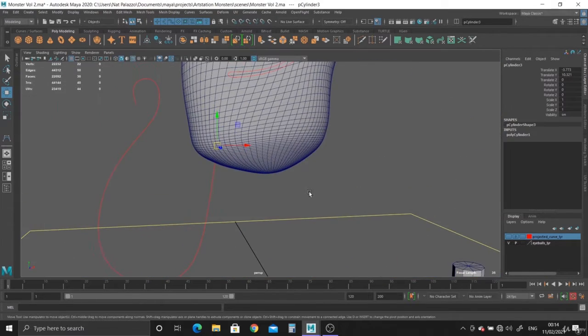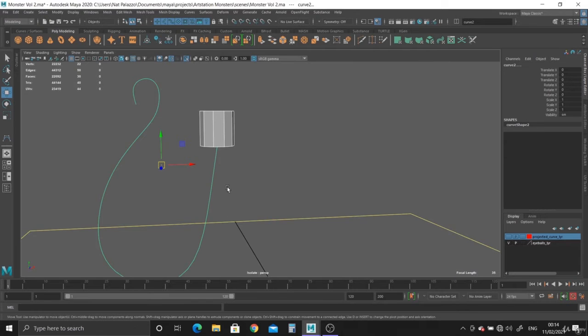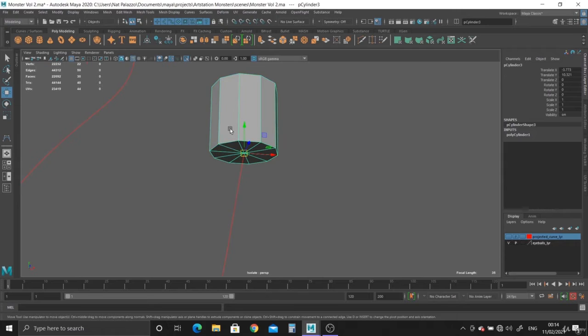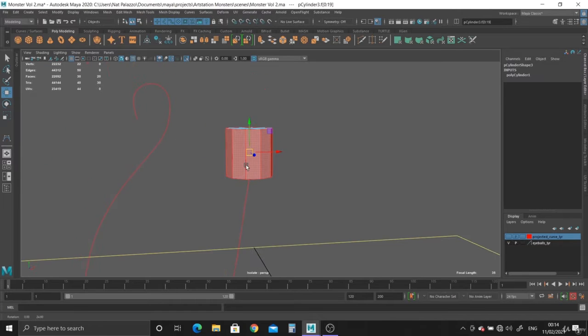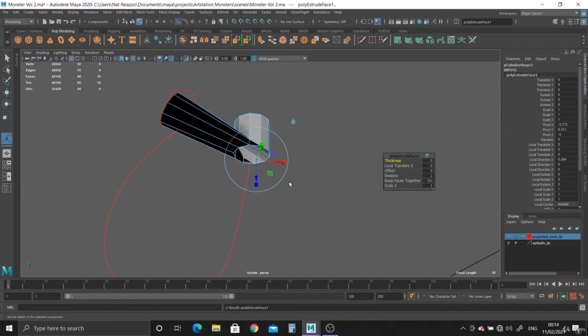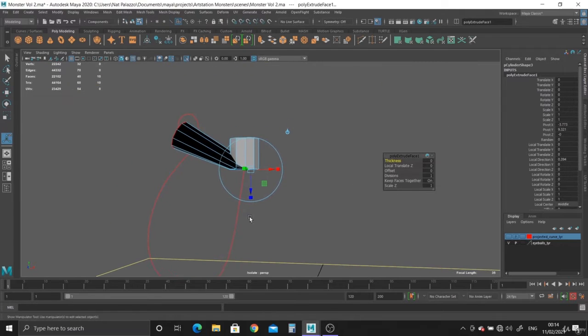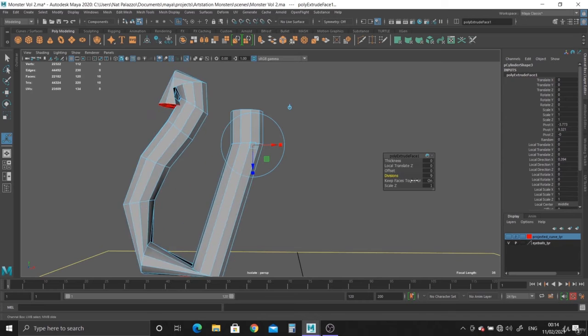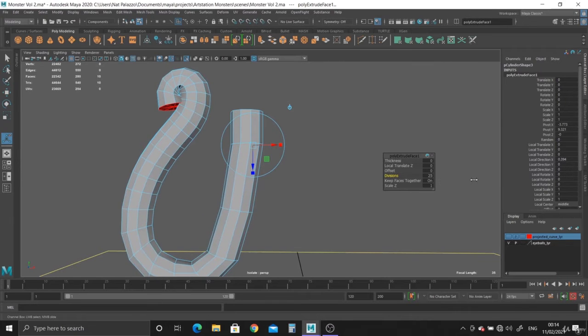Alrighty then. So let's go into isolation mode. And so what we need to do is select these bottom faces, hold down Control to deselect the other faces, and then Shift click this curve here and hit extrude. And this is what we have so far. And so if we add the divisions, this is what happens. Now it's a bit crazy at the minute, and the reason for that is